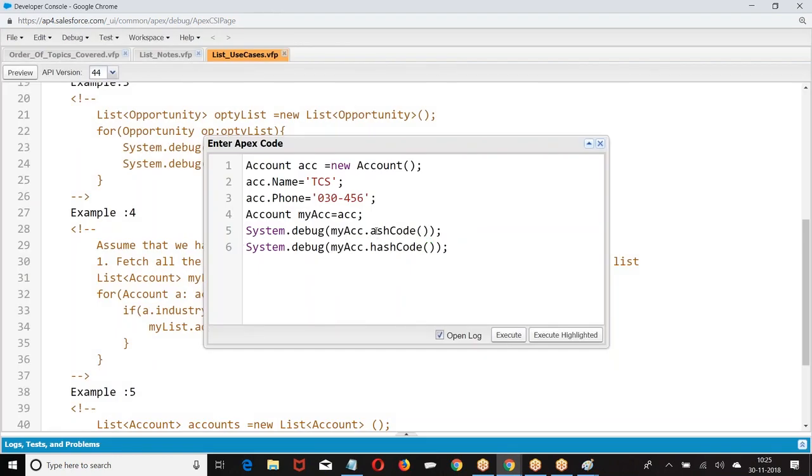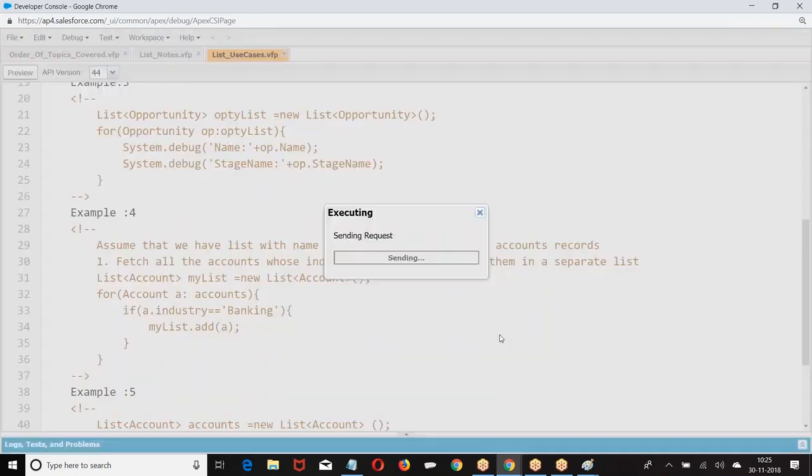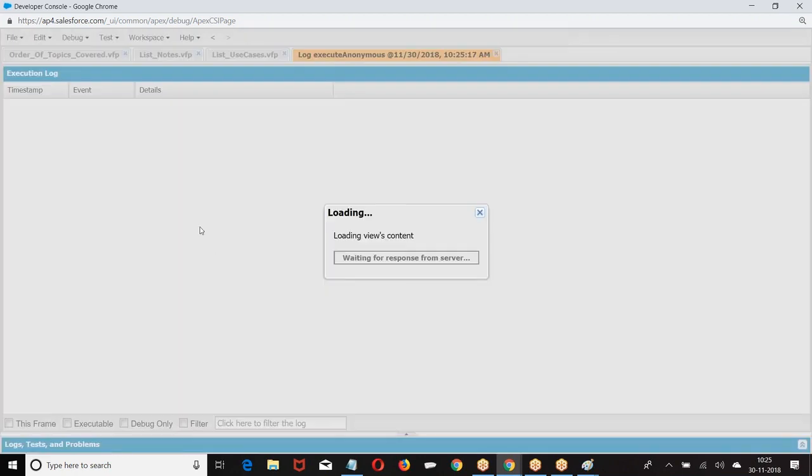It's okay, fine, no issue. I'll try to show the ACC, myACC. Execute. Let us see the output.